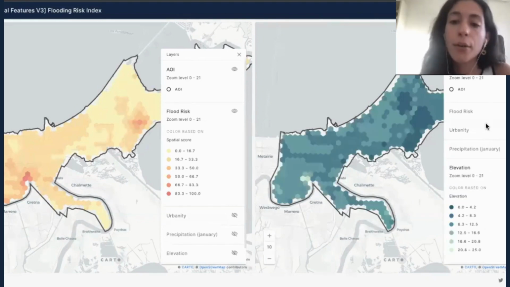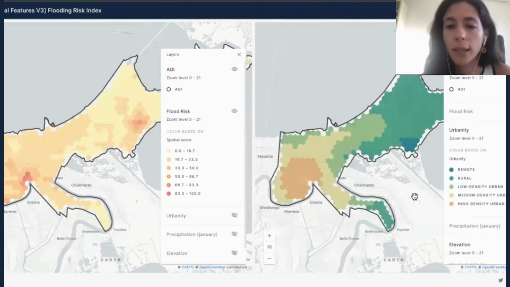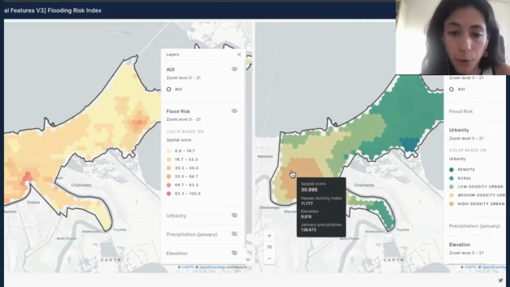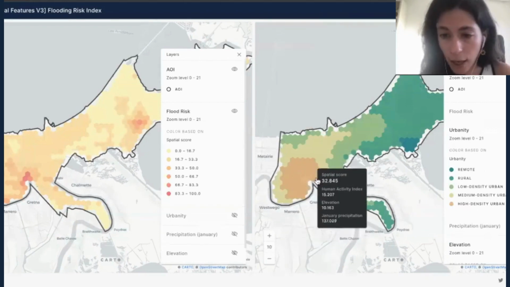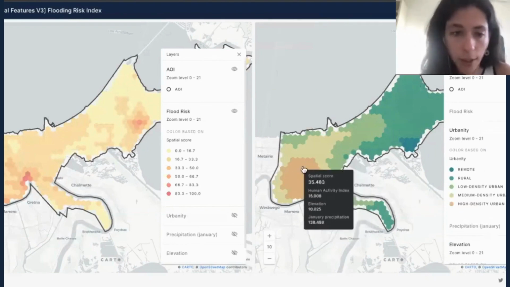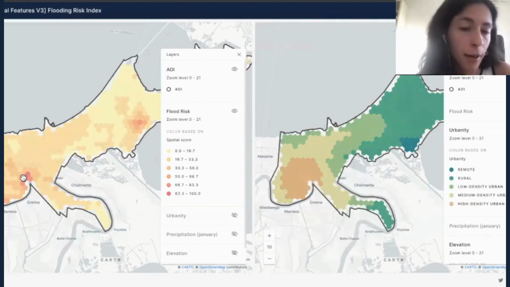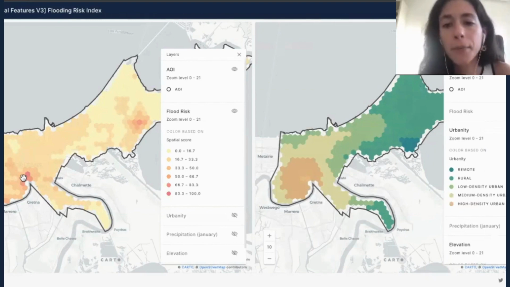And we've also included here the urbanity layer so that we can get insights from it. As you can see, urban areas, which are these yellow or orange ones, have a higher risk than other areas that you can see here. So that's all on